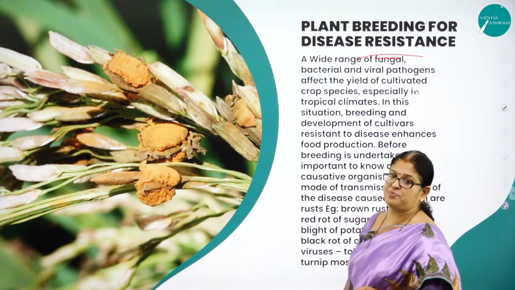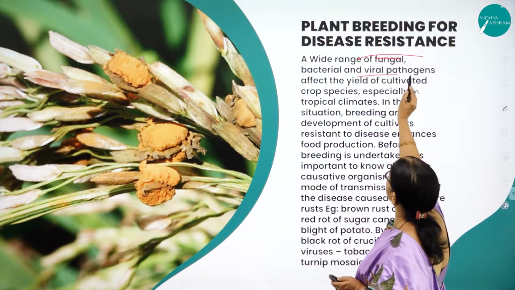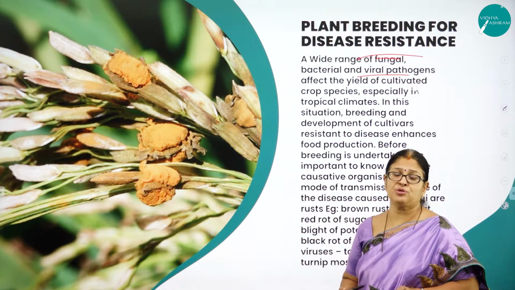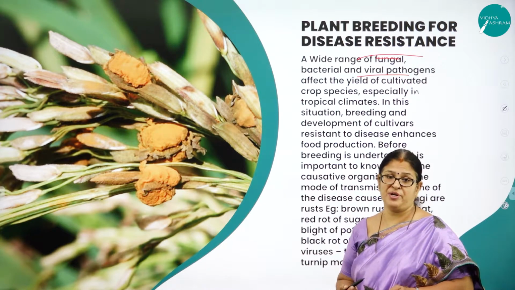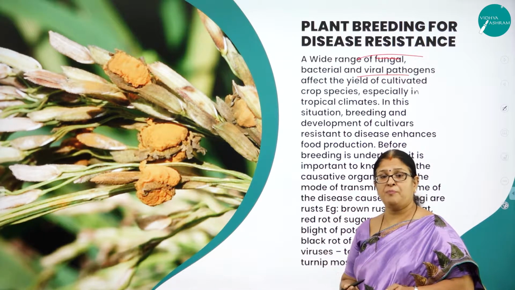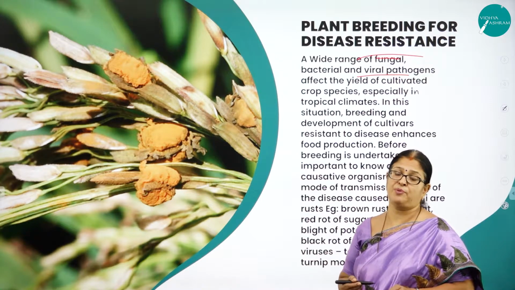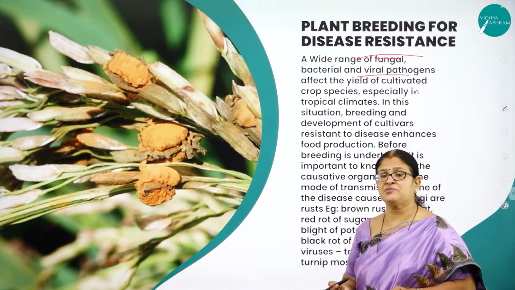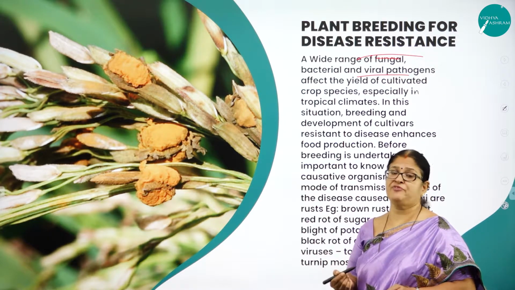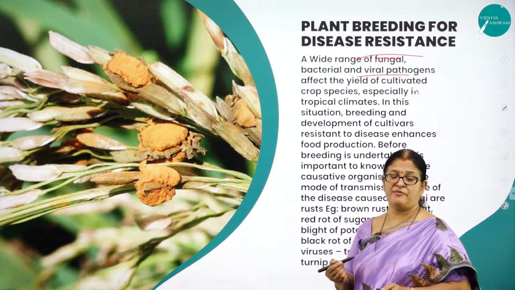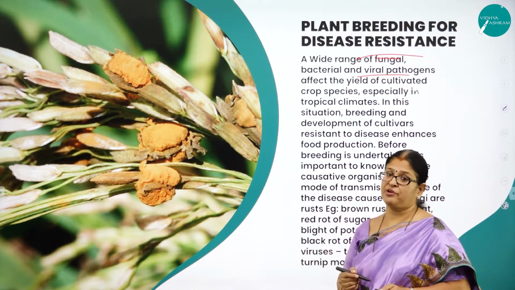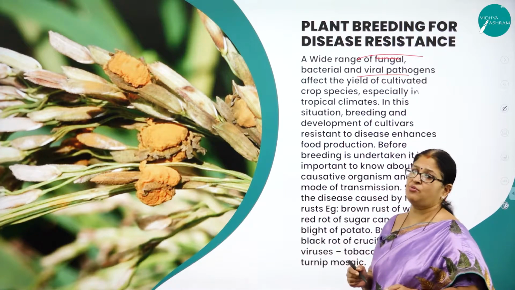As you know, many of our crops are affected by fungal, bacterial and viral pathogens which can destroy the whole crop. Crops are very important for the economy of the country, and not only the quantity of the crop but also its quality needs to be maintained. For the farmers, the yield is also very important. Imagine if a crop is infected with a fungus, a virus or a bacterial pathogen, definitely it is going to decrease the yield and affect the farmer. So let us see what this is.